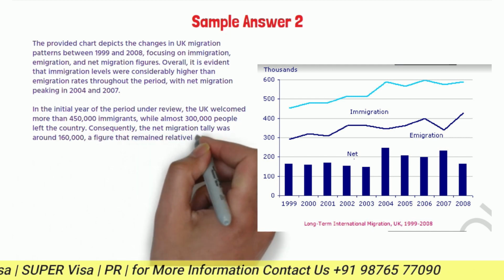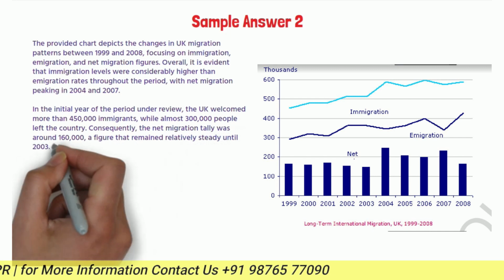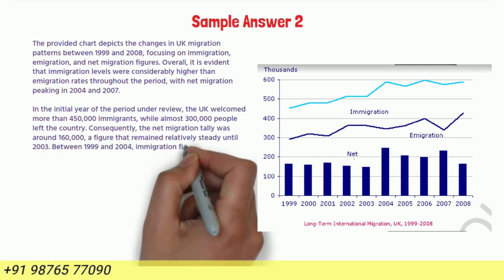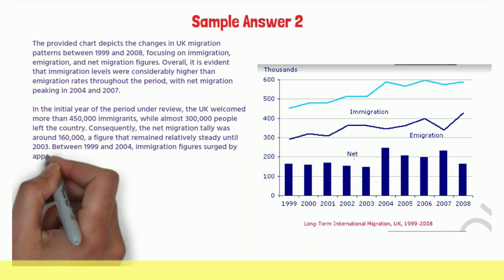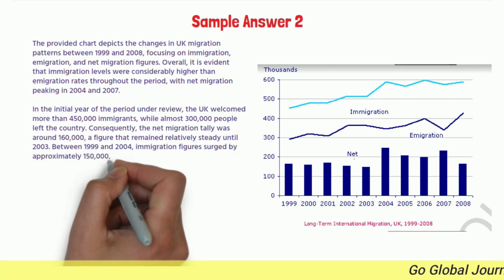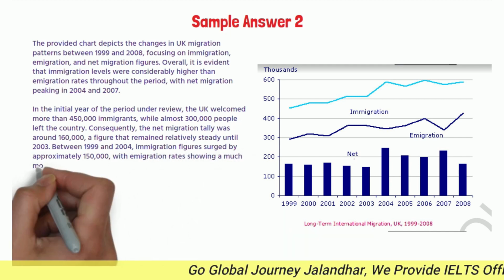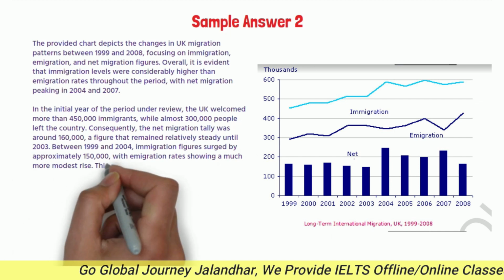Between 1999 and 2004, immigration figures surged by approximately 150,000, with emigration rates showing a much more modest rise. This resulted in a net migration peak of nearly